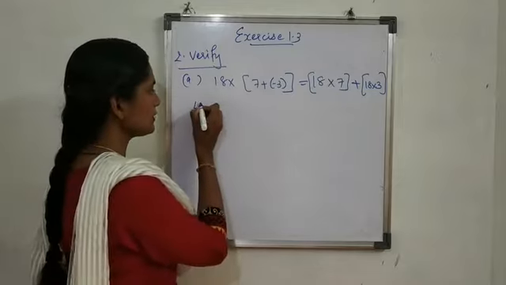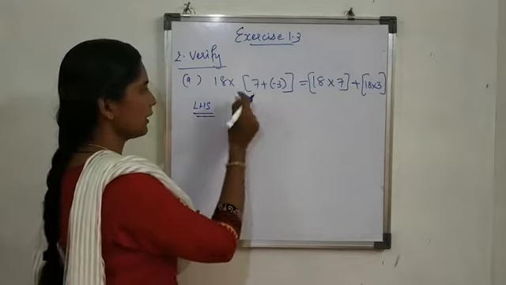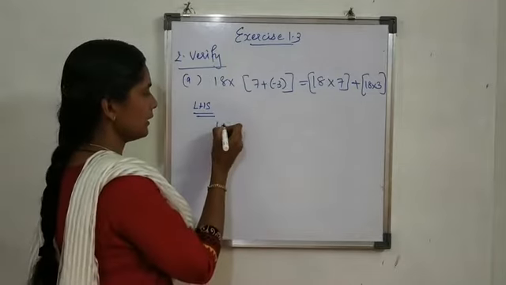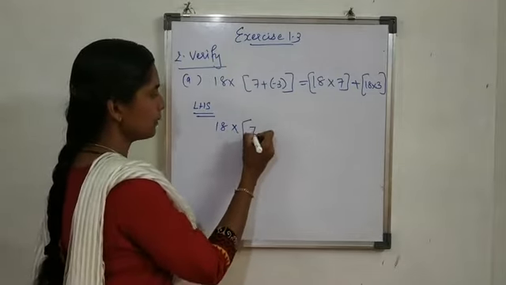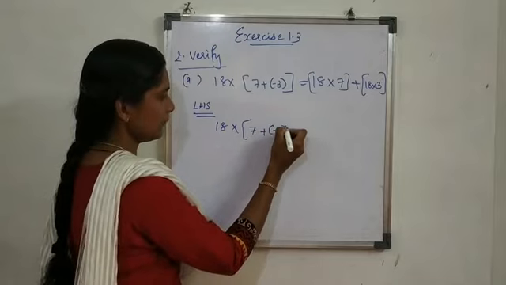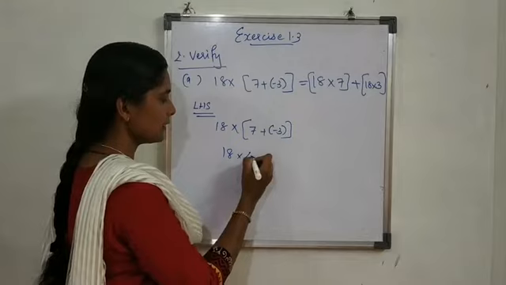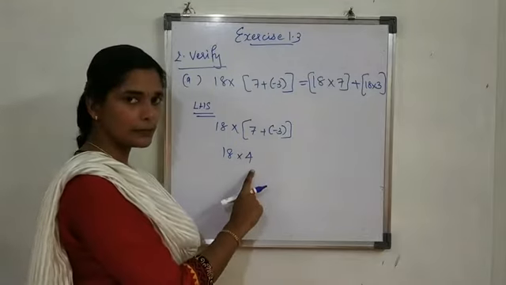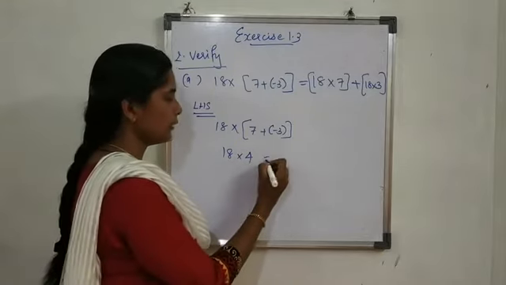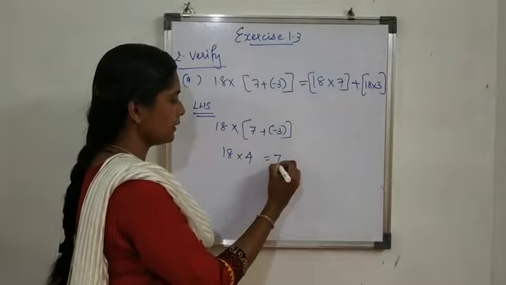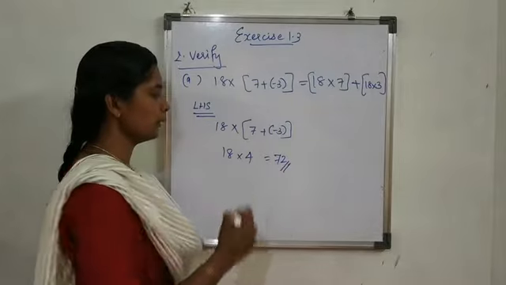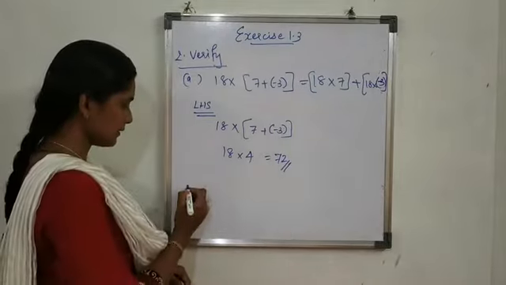First we can solve the left side. Left side is this one: 18 into (7 plus minus 3). That is 18 into (7 plus minus 3), which is 4, since different signs means subtraction. 18 into 4 is 72. Left side is 72. Right side is